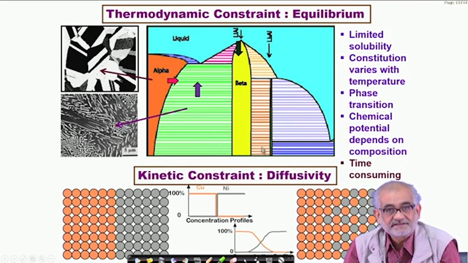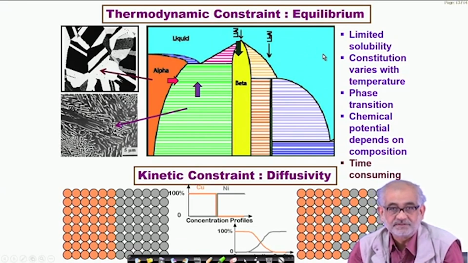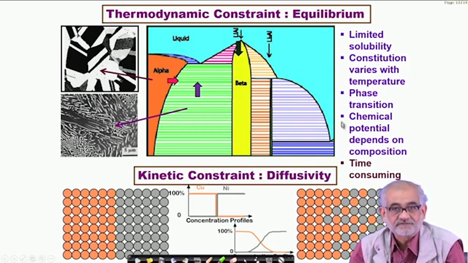So, in a situation like this, suffice to say that if this left end is 100% A and the right end is 100% B, then if we mix A and B at any proportion from 0% to 100% and we heat them from room temperature all the way up to a temperature where both A and B should be in the liquid state,